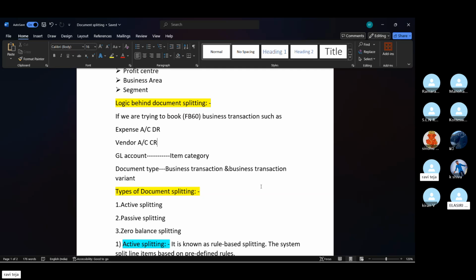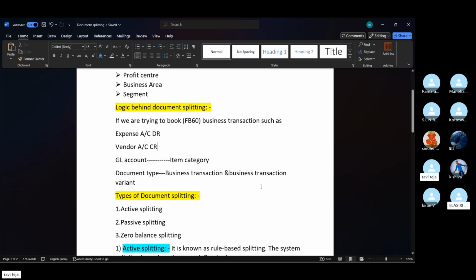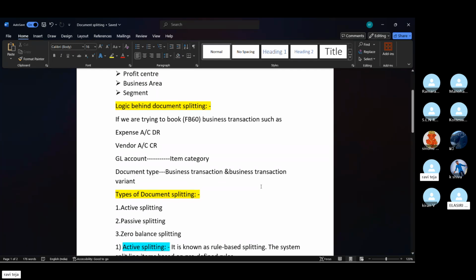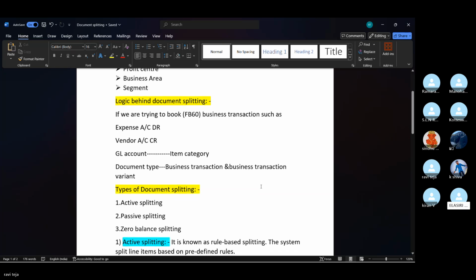In document splitting, you have to tell what the types of document splitting are, and what the result is after I activate it. While you are showing the system, you show the configuration process. Okay, sir. Can I go ahead, sir? Yeah, go ahead. Sir, am I audible to you? Yeah, audible. Go ahead.